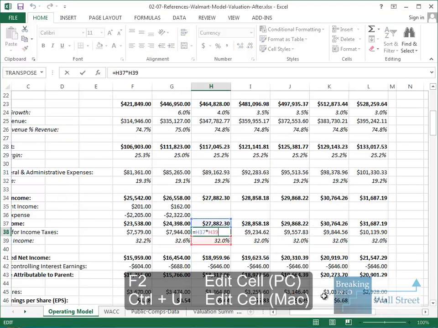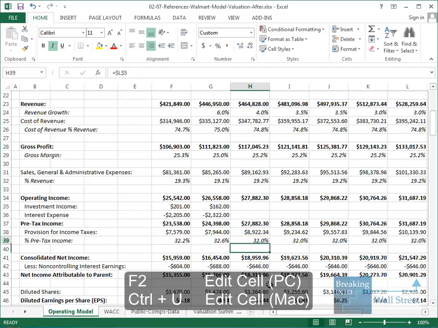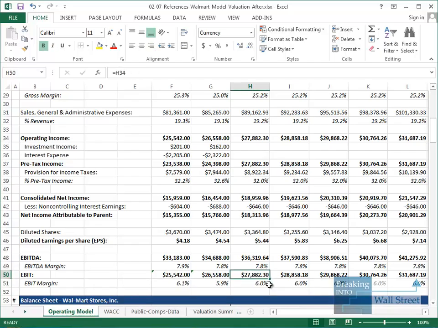And then the provision for income taxes, we're just taking our taxable income times that tax rate, and we're subtracting it to get to our net income, pressing F2 just to go into these cells and check them all, and so that's all working correctly. So these are a few common cases of where you might want to use absolute versus relative references,